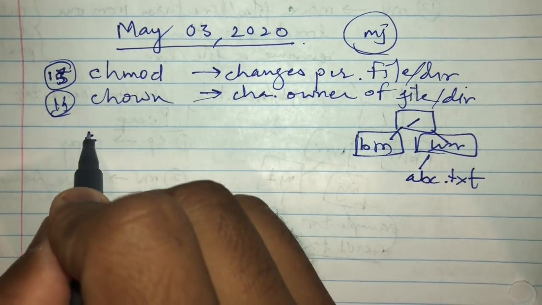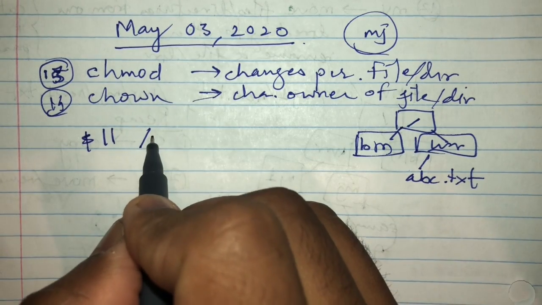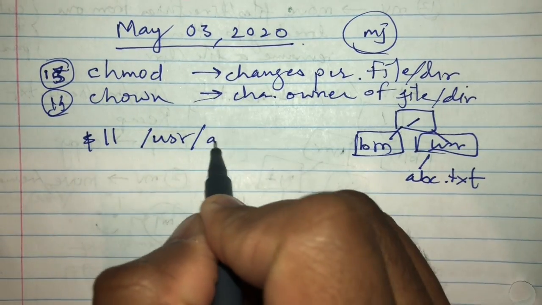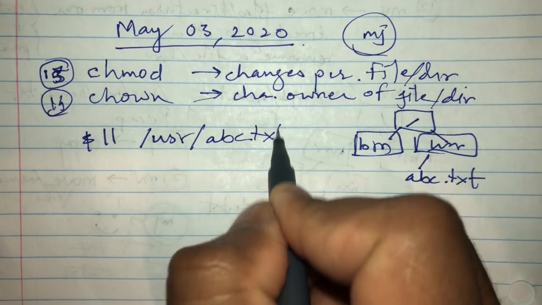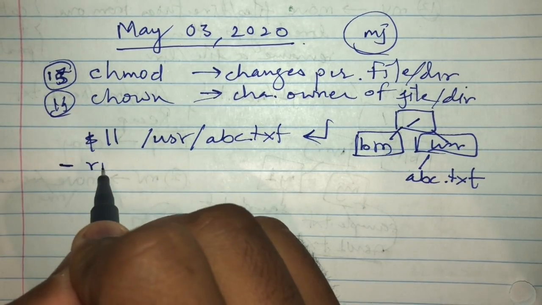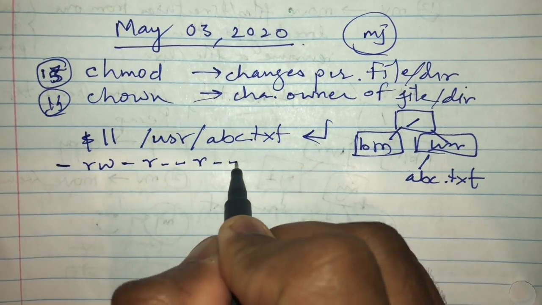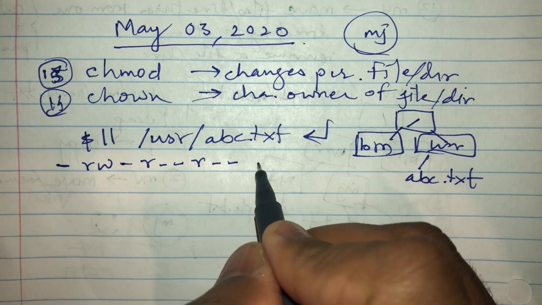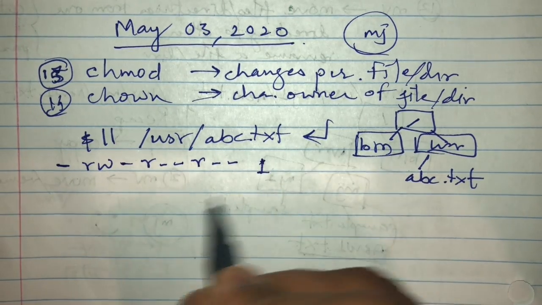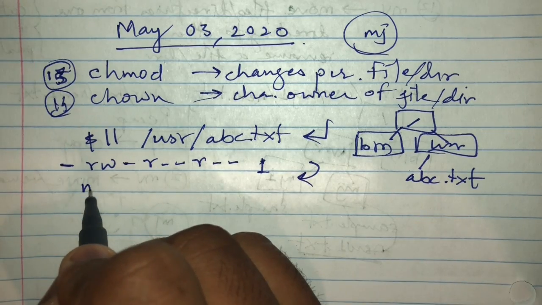If you run the ll command, which we have seen already, on abc.txt, you might get the following output: hyphen rw hyphen r hyphen hyphen r hyphen hyphen, then the size of the file, let's say 1, then I will continue in the next line, mj